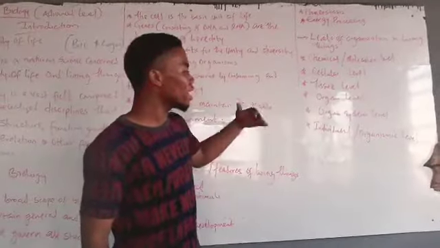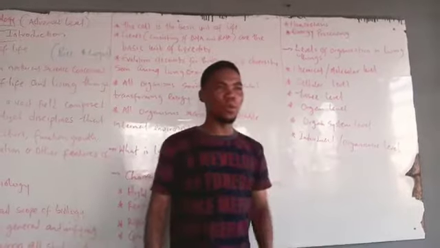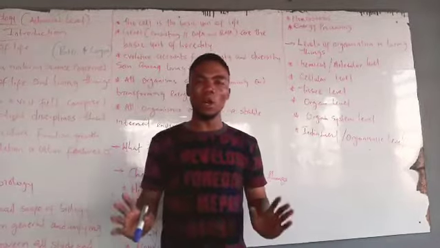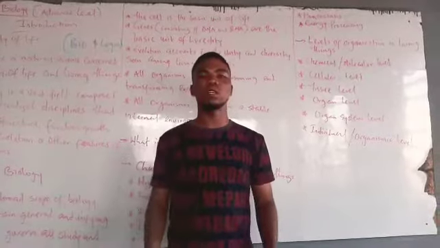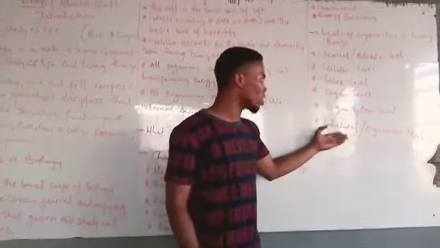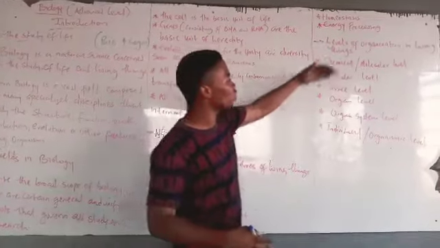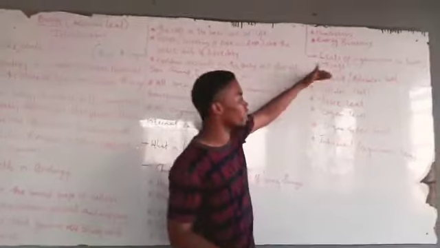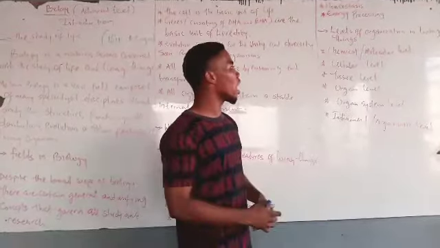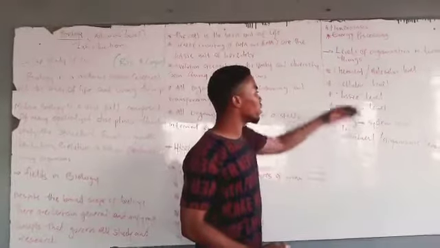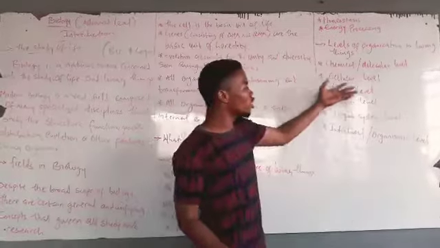Lastly, the last level of organization is the individual or organismic level, where a collection of different systems in the body forms an organism. So this is the last level of organization. For our study, as we continue our class, we are going to explore all these levels of organization. We start from the chemical level, looking at the molecules that form the cells, and then we look at the structure and function of the cell, and then the tissues of the body.